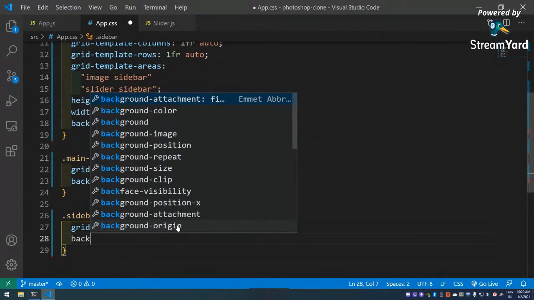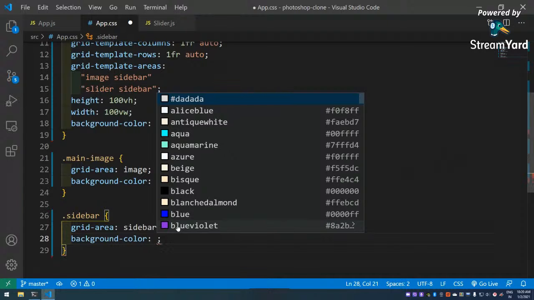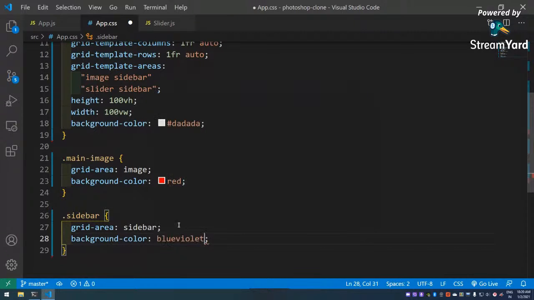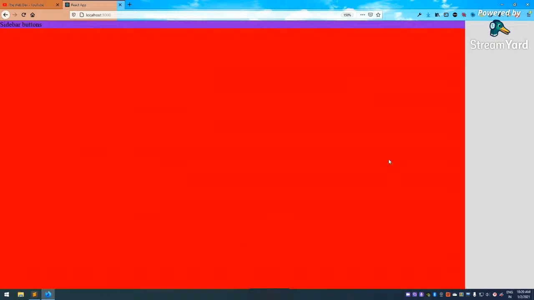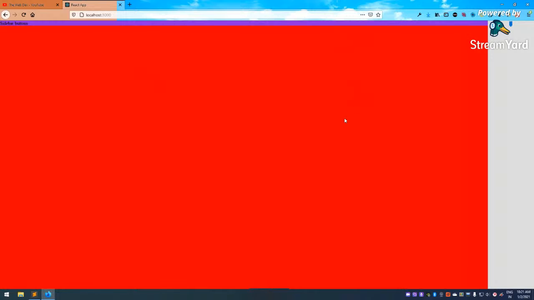So background color, I will put this blue violet, looks nice. Okay, so if I go back, see, this is like this. Okay, let me do one thing, let me do like this. So sidebar buttons, and okay, sidebar buttons, something, I think